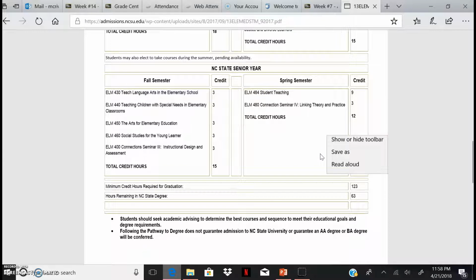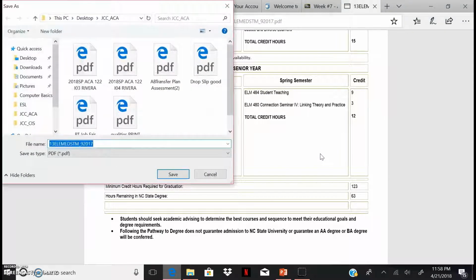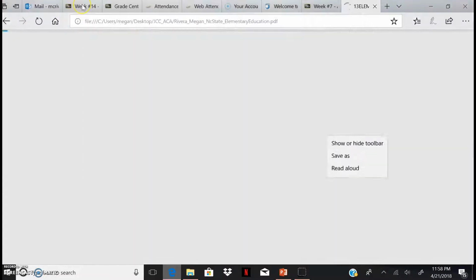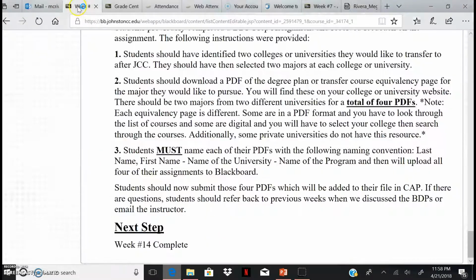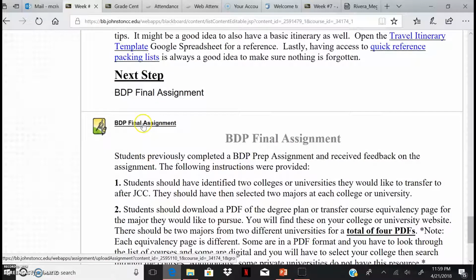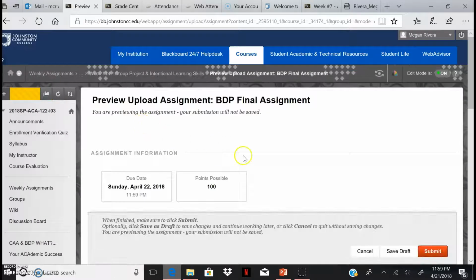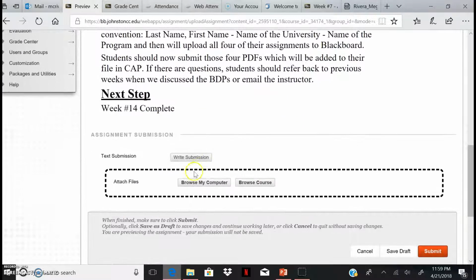So if I go to right click, save as, I would save it as Rivera, Megan, NC State Elementary Education. Okay? And then you just save it to your computer, and when you have all 4 of them saved, then you go back to this week's assignment, click on the link, and then you upload all 4 of the